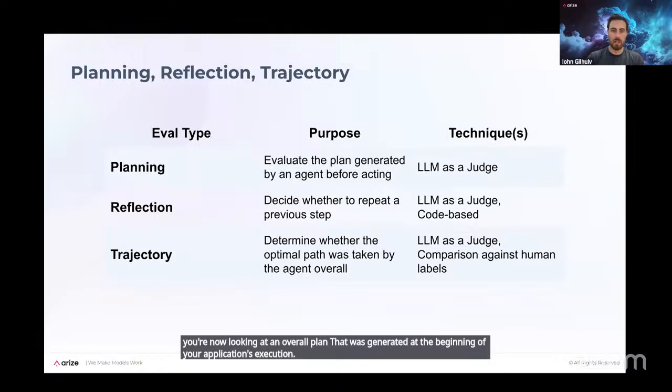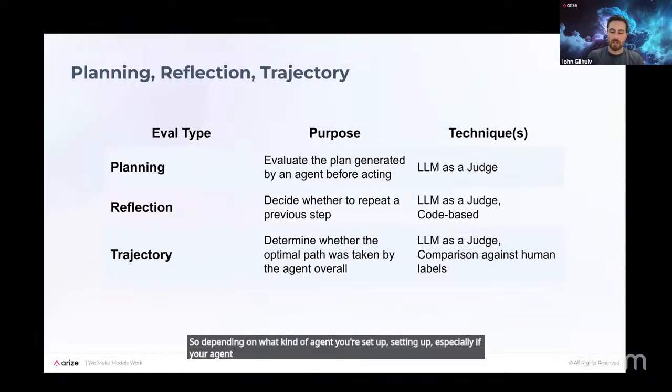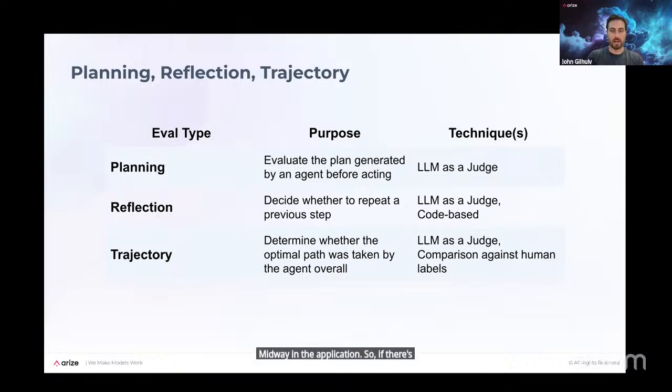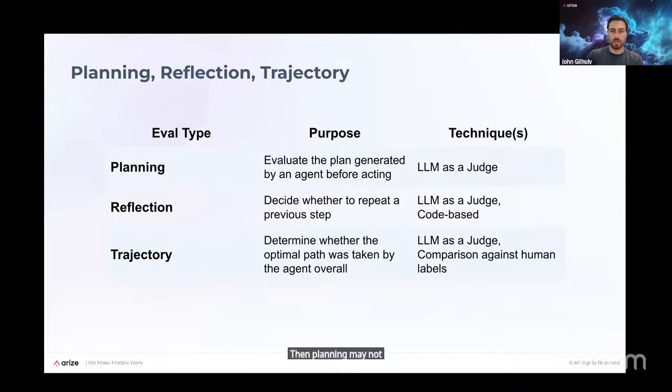So depending on what kind of agent you're setting up, especially if your agent is one that doesn't need to dynamically change its trajectory based on outputs that come through midway in the application, so if there are certain tools that have certain outputs that would maybe change how your agent executes, then planning may not be a good approach for your agent architecture.